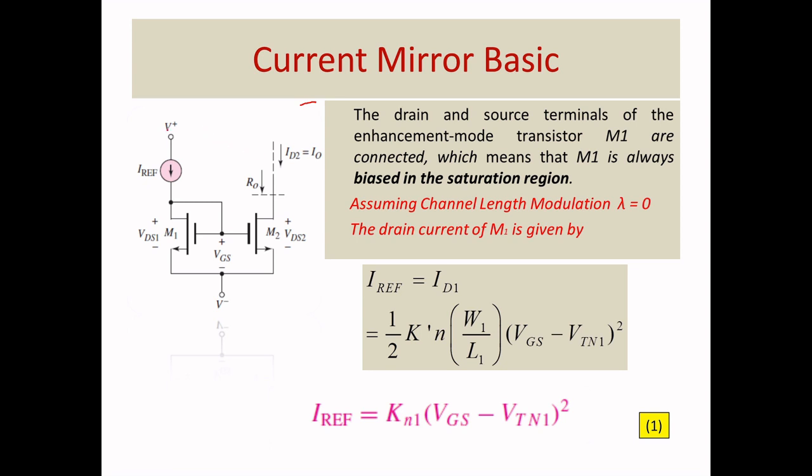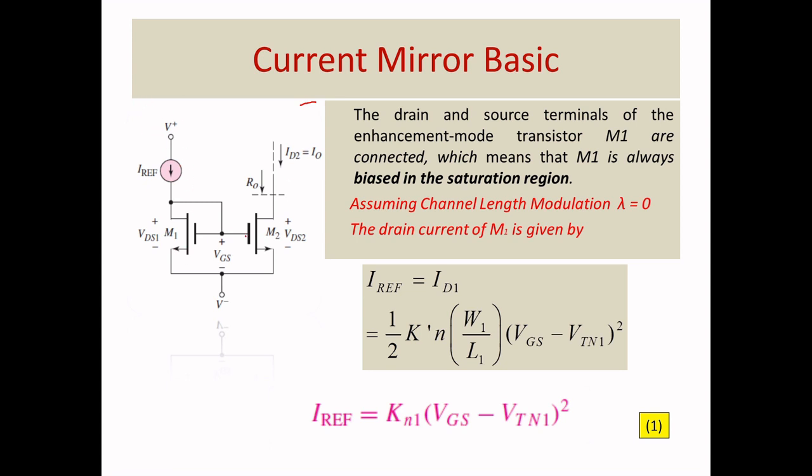Here, when you look at this circuit, it is biased by V plus and V minus. This is a fully resistive load. This resistive load will be connected to any driver circuit. Here you don't have any input because this is a resistive load. Only you have a DC biasing.